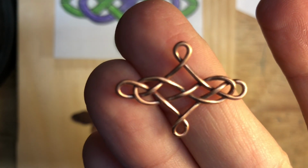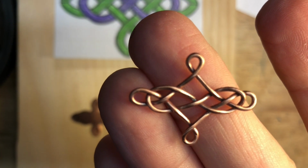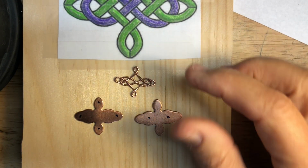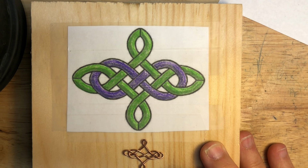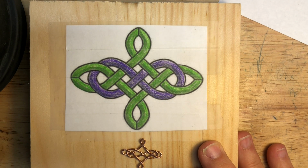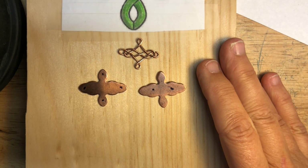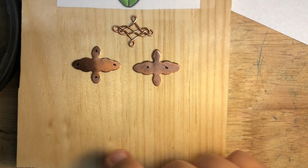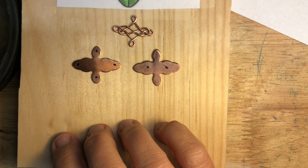This design is created by making two different shapes out of copper wire and then weaving those two together. And you can see the two distinct shapes here on the pattern that I have colored and taped to my board. And the next thing that I'm going to do is I've cut out two shapes from the die